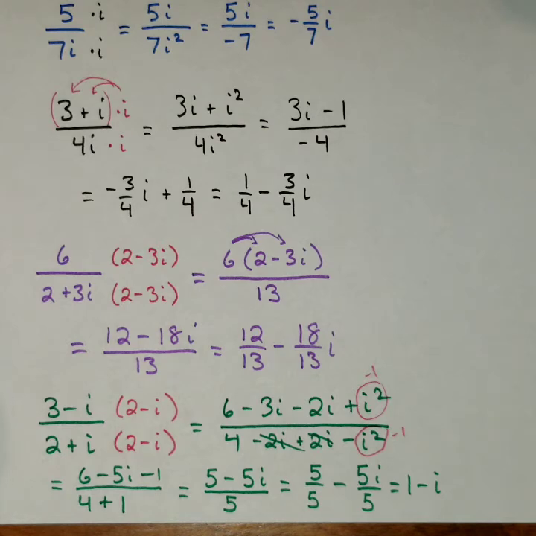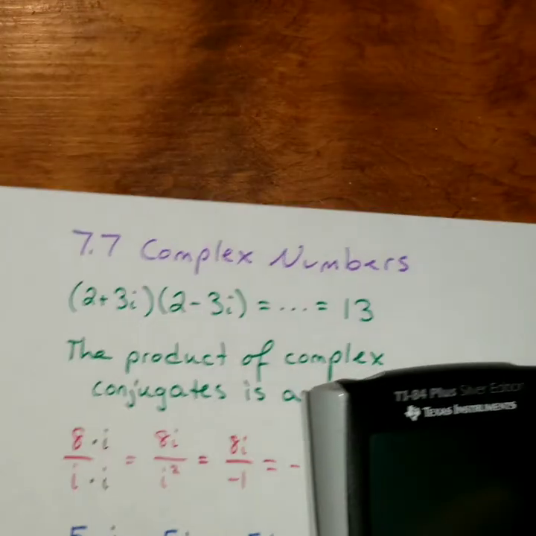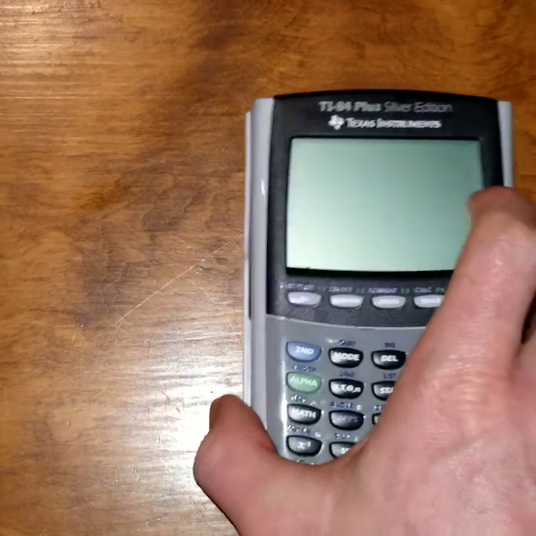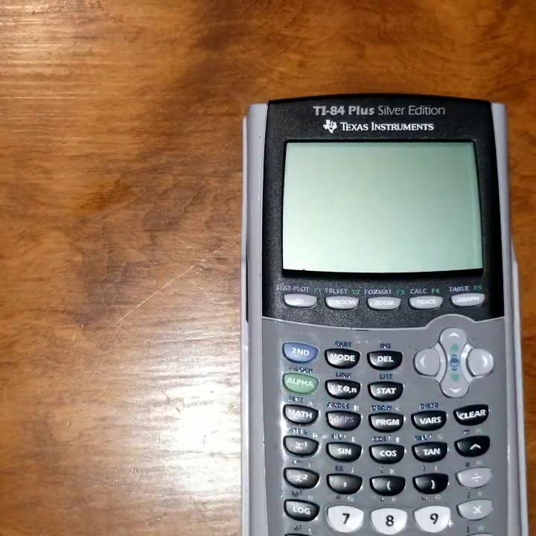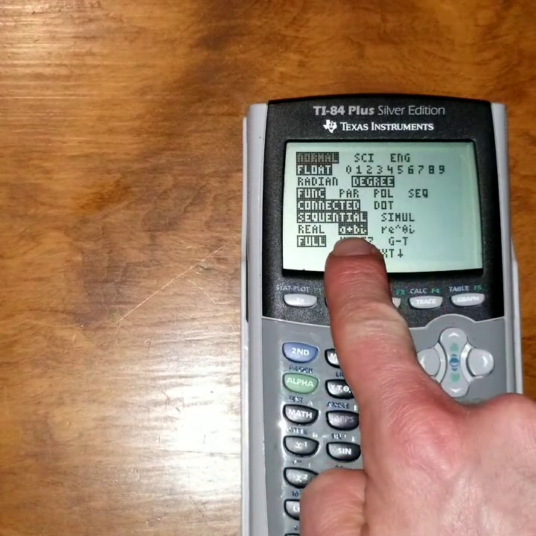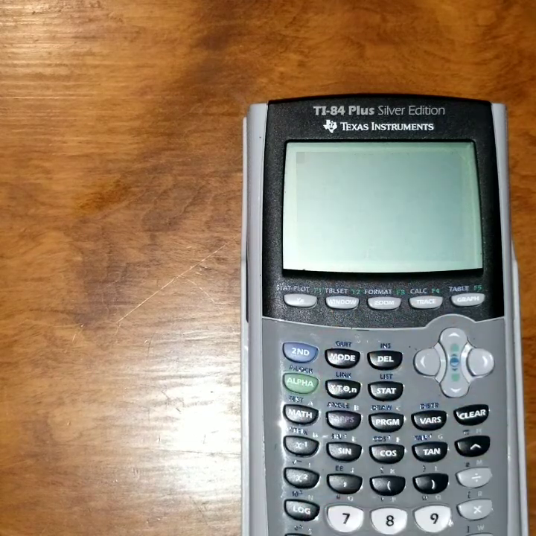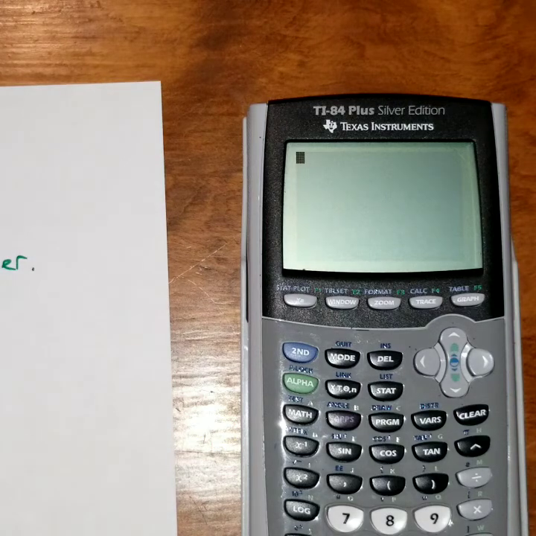Now the last thing I want to explain in this section is that I did all this work for you. Your calculators also can do this. You just need to turn your calculators on, go to your mode and make sure it's got the a plus bi mode on so that you can get your complex numbers out. And then if you want to calculate some of the simplifying problems, like we did square root of negative 9, it simplifies to 3i. And so your calculators can pull these off. Now I'm not encouraging you to get too reliant on your calculator,